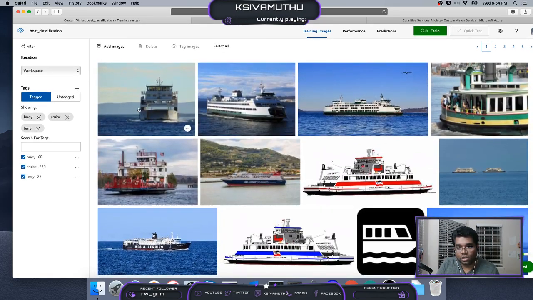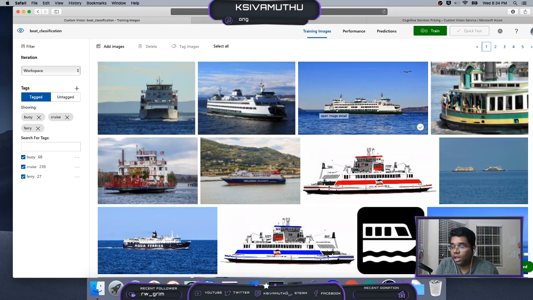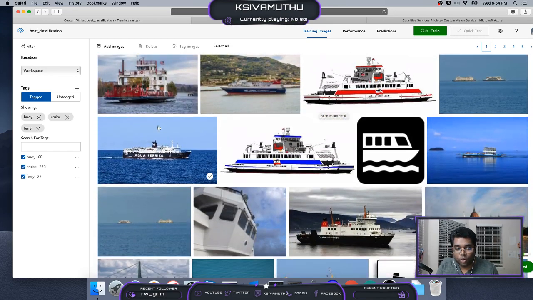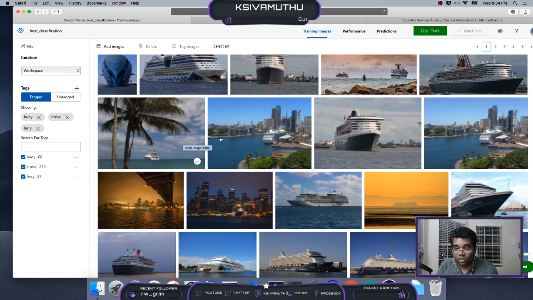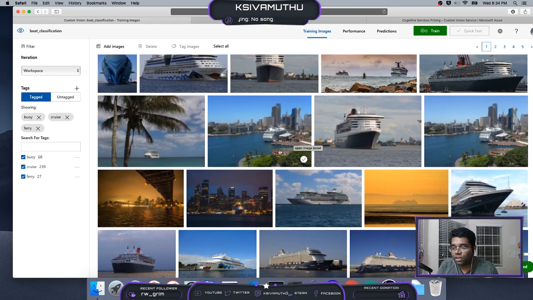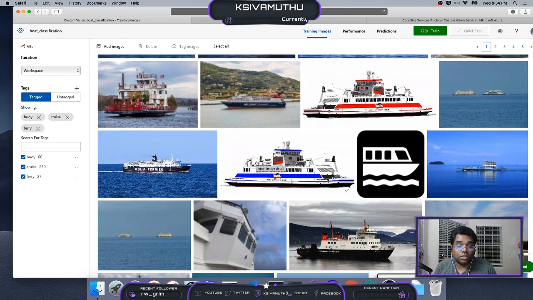So they have taken different angles and different quality. For example, this is a high quality ferry boat, and this is the front of the ferry boat. So they have taken different quality and also different things. For example, here the ferry boat is here with a different background. Those things will improve your prediction model pretty quickly in the